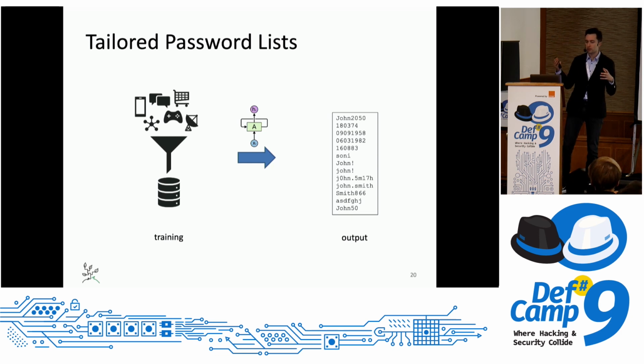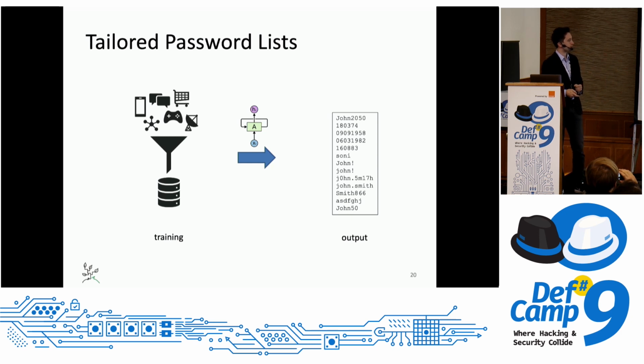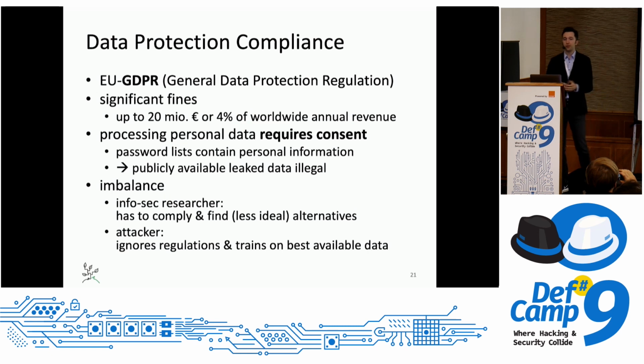So use social media information, e-commerce information, gaming, communication information, all that you can get your hands on, and feed it and train it, generate a model, and then use this model to generate a tailored password list for that victim. If you use personal data, there's the GDPR, the General Data Protection Regulation by the EU,